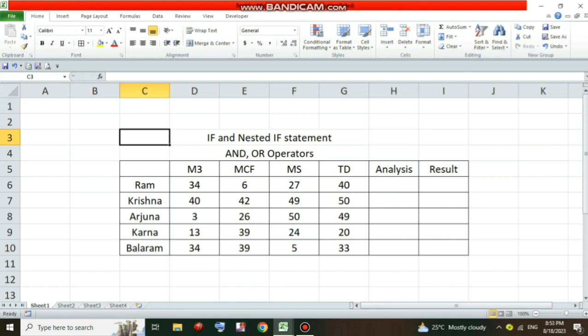How can we determine the result of students? For example, here we have 5 students and 4 different subjects. We can create an analysis first whether it's true or false, and then using this result we can find out whether passed or failed. So first of all, let me tell you why we use if, nested if, and